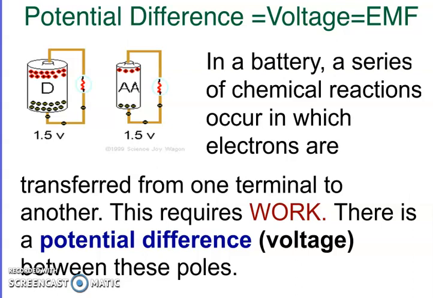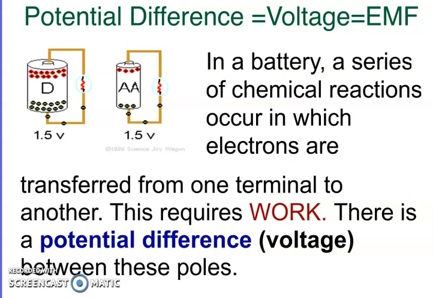As you've likely experienced, when a battery dies in a circuit, the electronic device stops working. Batteries include a series of chemical reactions within the battery in which electrons are transferred from one terminal to the other, the terminal being the positive or negative end of the battery. Now, in order to move these electrons through the battery from one terminal to another, this is